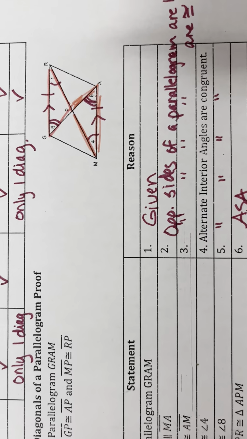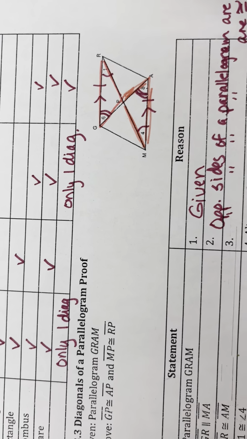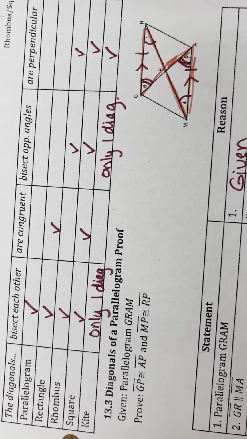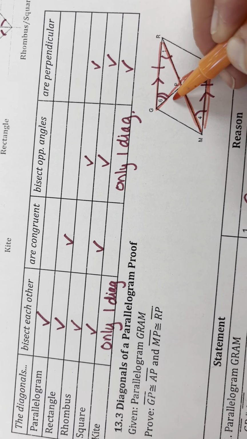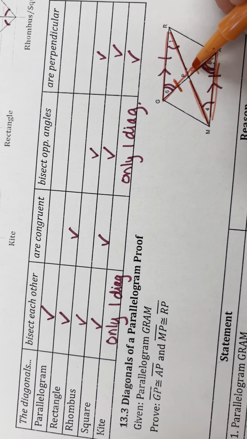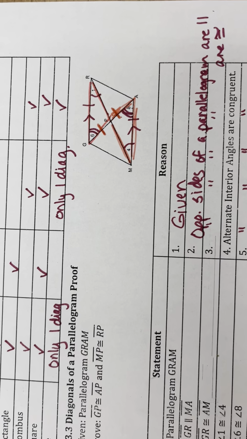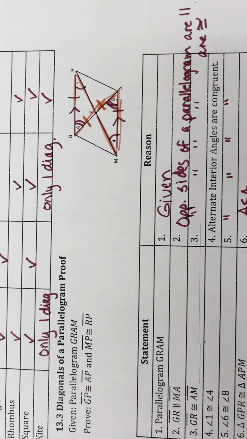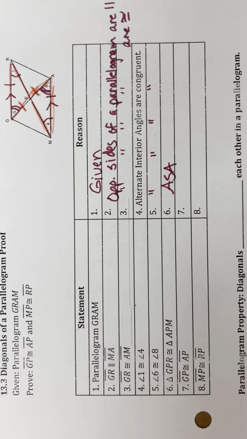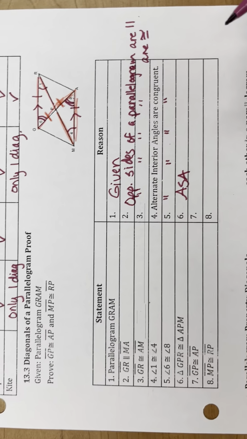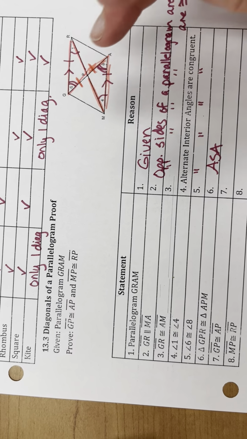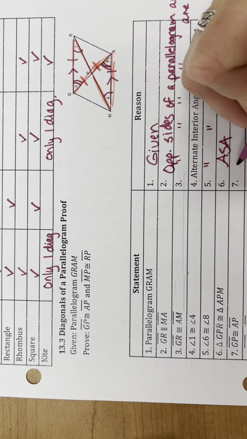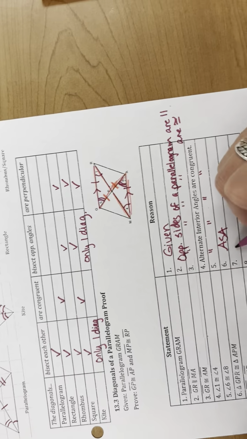All right, so let's go back and look. GP, right here, that's congruent to AP. Trying to do that in a slightly different color too. All right, so what is the reason for that? Well, we know the two triangles are congruent, so the corresponding parts must be congruent. Those are corresponding parts in those two triangles. So CPCTC,